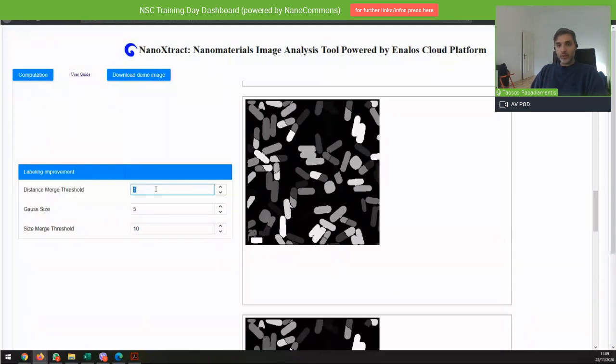So what I'm going to do now is increase the distance threshold, the merge threshold, so as to make these particles merge as much as possible, and also the size threshold, so that it will pick these larger areas to merge together, and see where we get.